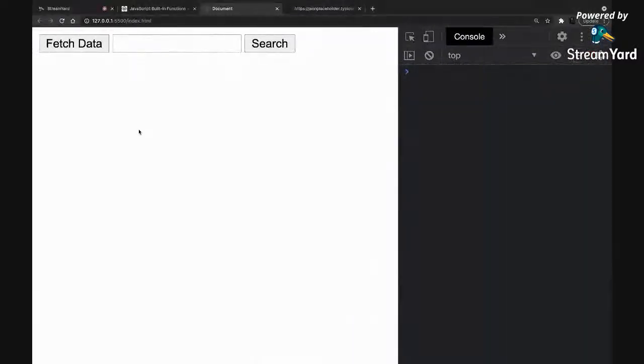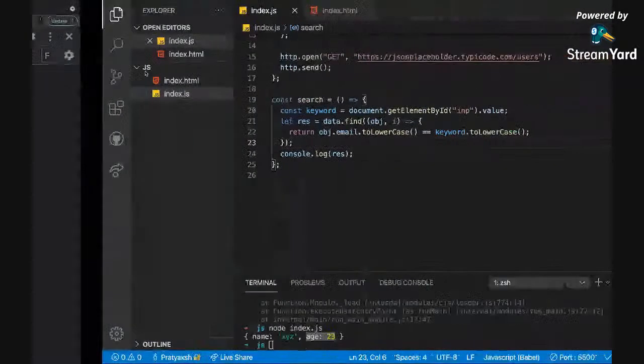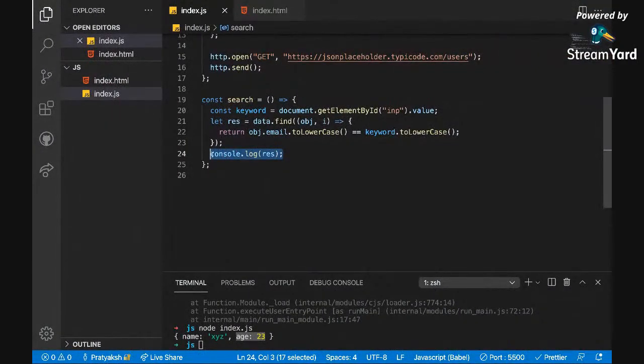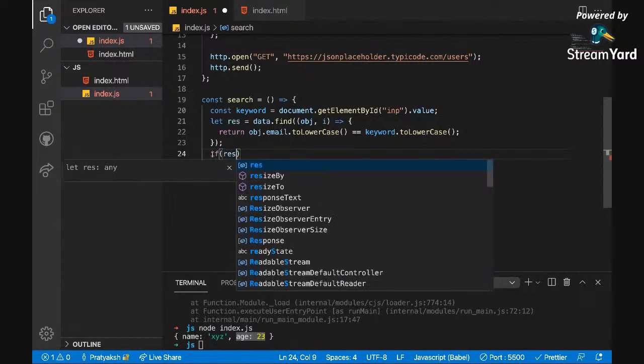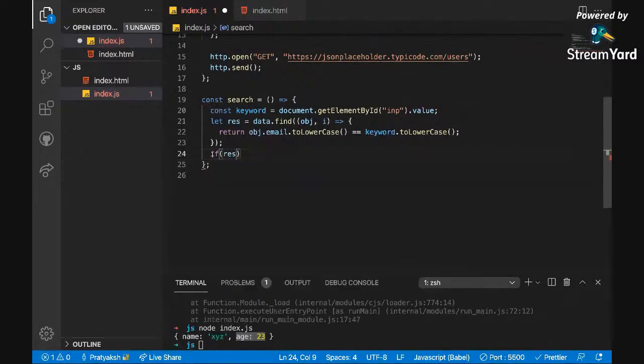Now what we want is that if I'm able to find the data, I show the username over here, or else I say that the user is not defined. So I'll use a conditional statement. I'll say if res. Like we have true and false, right?